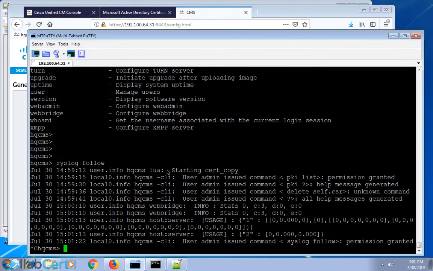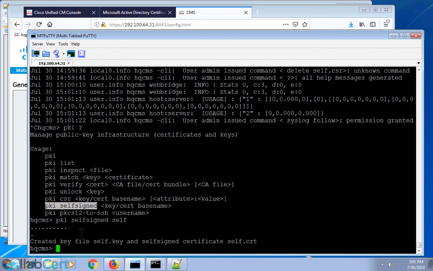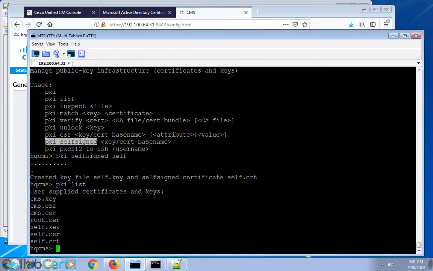Okay, so as I mentioned before, we can use a self-signed certificate for all the other components now that we've got the WebAdmin set up. And to generate the self-signed certificate, PKI question mark and we've got this command here, PKI self-signed, and then let's just put our base name in. I'm going to just call it self and do a PKI list,